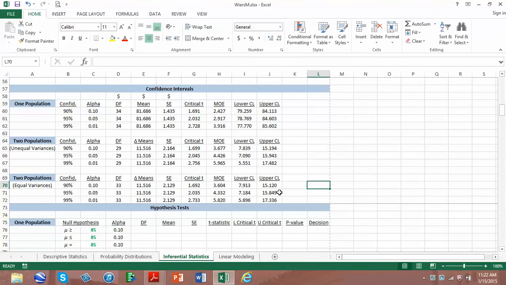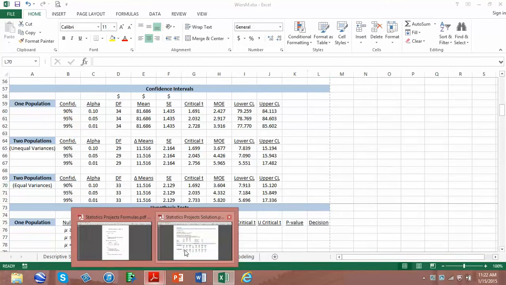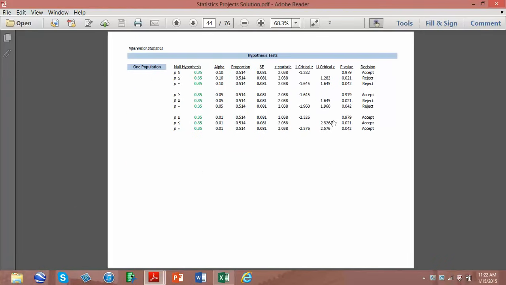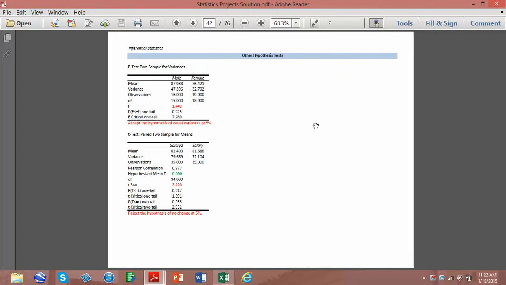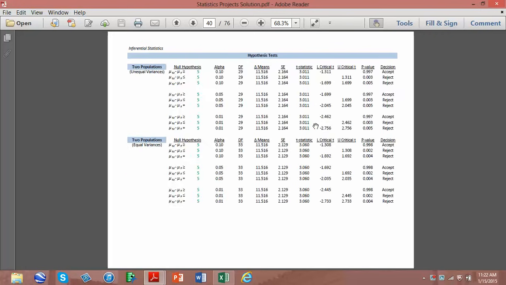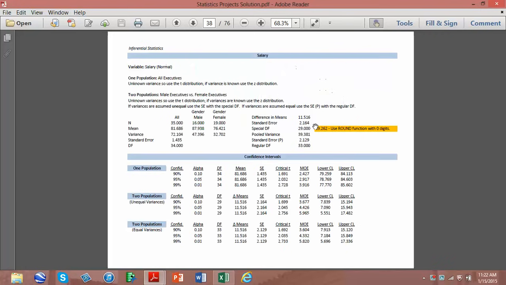Okay, here are the results, and recall that you can go to the statistics project solution to verify that your numbers are correct. All